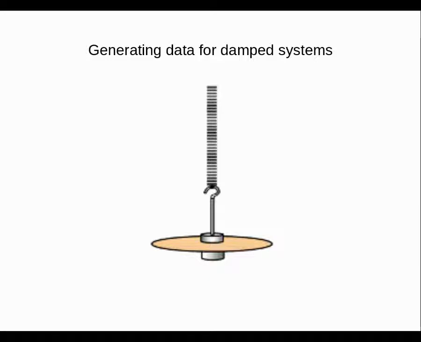So for that matter, what we can do is introduce something with a large surface area. This piece of card attached to the mass on a spring gives us a large amount of air resistance for the same mass. And in order to obtain some data for this, what we could do is video it,